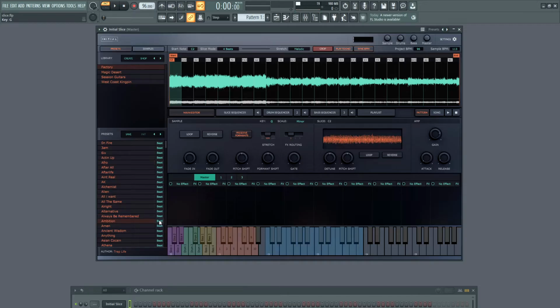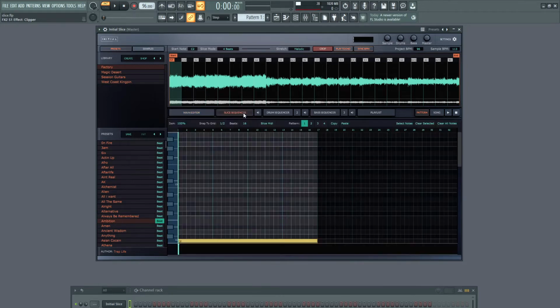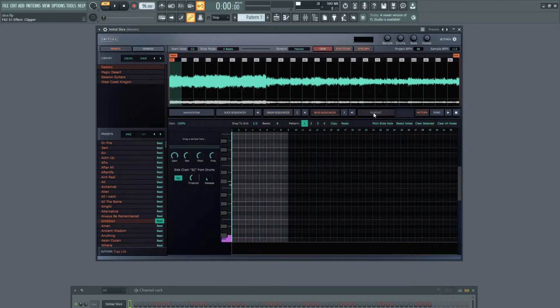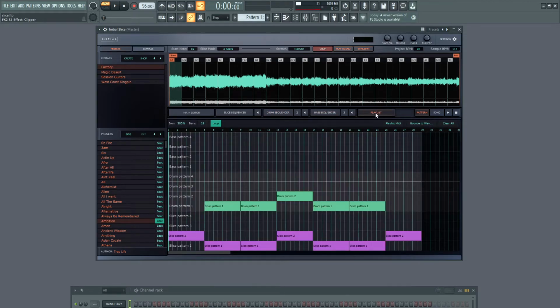If you load the beat button next to each preset, Slice will load the information that is available for this preset. And when it comes to the factory library, you will have slice sequencer, drum sequencer, bass sequencer, and playlist editor information available for almost every preset. So if you now hit song mode and click play,